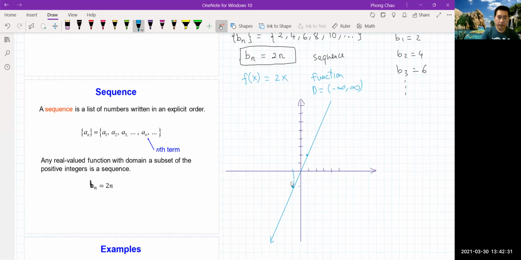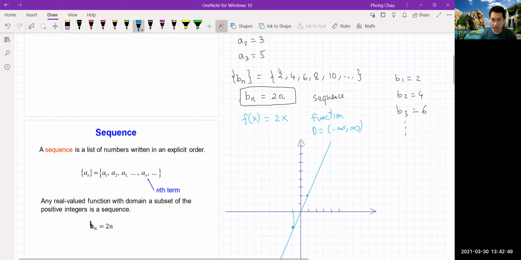Now, if we're going to graph the sequence b sub n equals 2n, then what happens? The n can only be integers, so it's positive, it cannot be 0. So from the formula, you can see if n is 1, b is 2, and if n is 2, b is 4. So if you graph it,